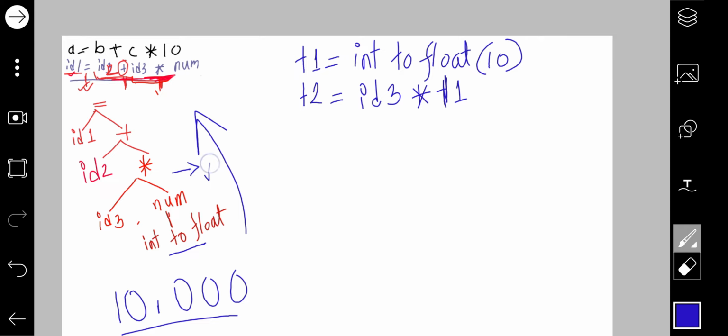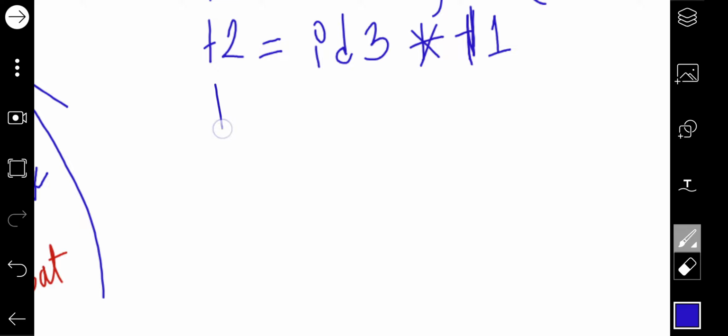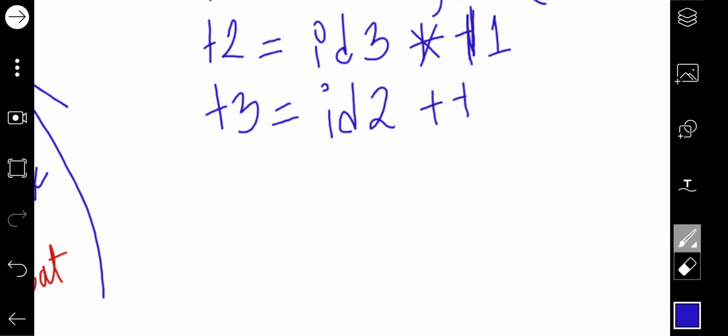Now we'll do the addition. We'll declare another variable T3, and ID2 will be added to T2: T3 equals ID2 plus T2. Now we have got the final result.